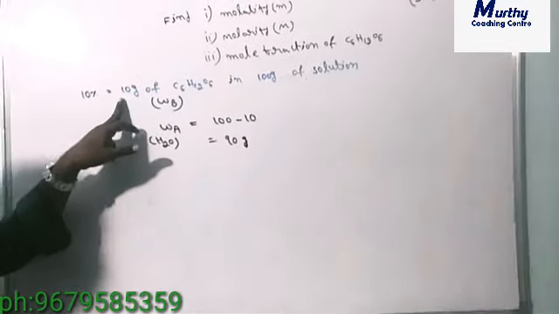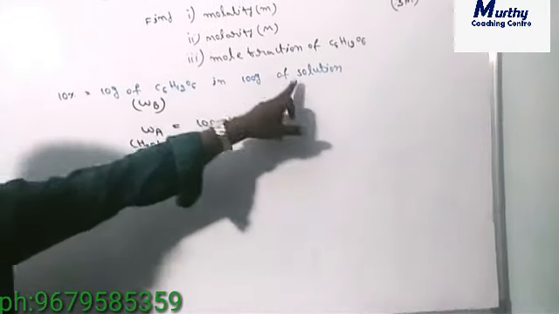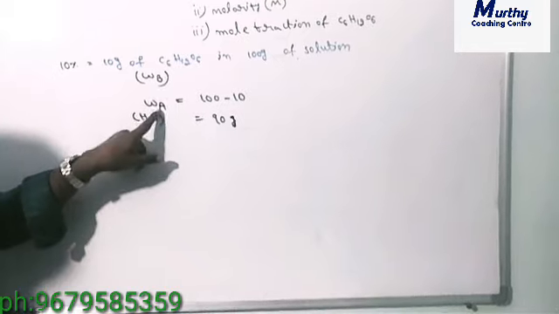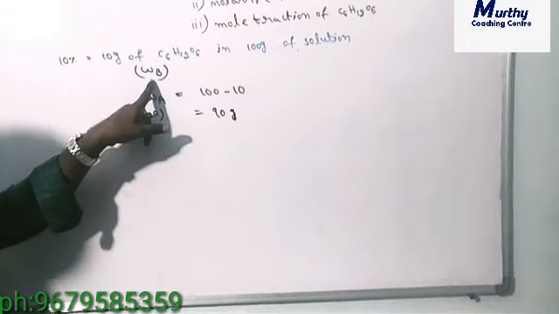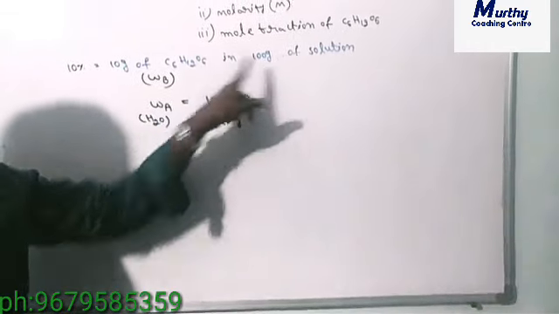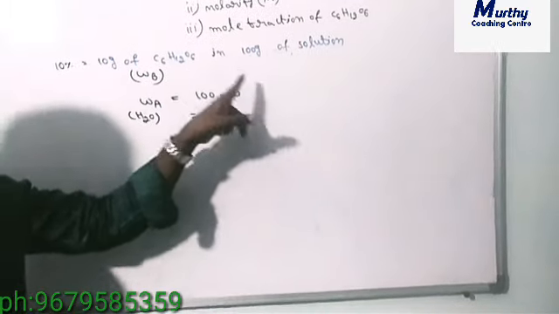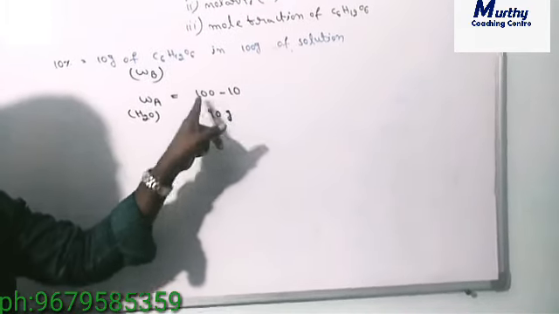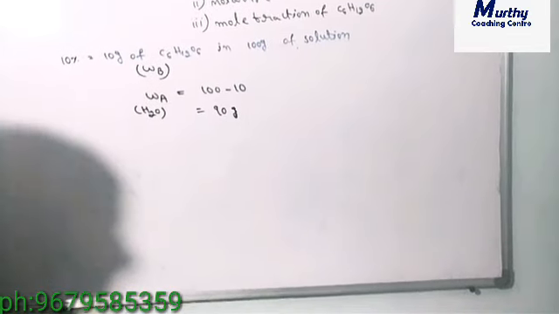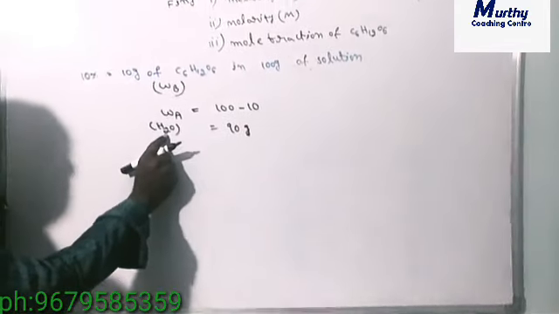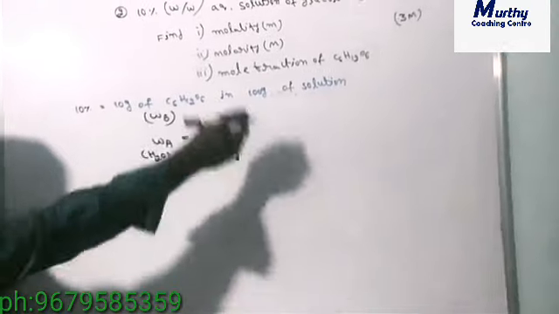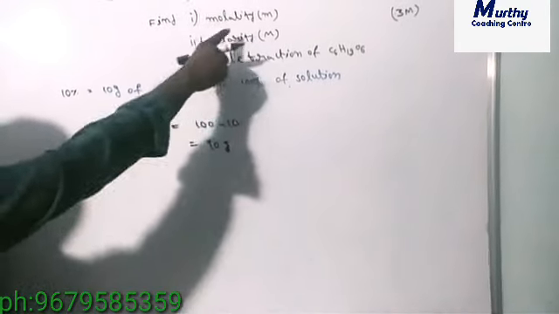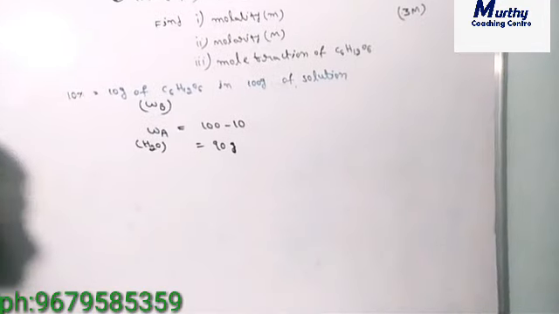So in 10% solution, there are 10 grams of glucose in 100 grams of solution. So glucose is the solute, so that's why the mass of the solute is WB. So WB is equal to 10 grams. Next, the mass of the solvent, that is solution minus solute. So total solution is 100 grams, solute is 10 grams, 100 minus 10 is 90 grams. So this is the mass of the solvent, the WA. After knowing the mass of the solute and the mass of the solvent, then we can find the molarity, capital M.